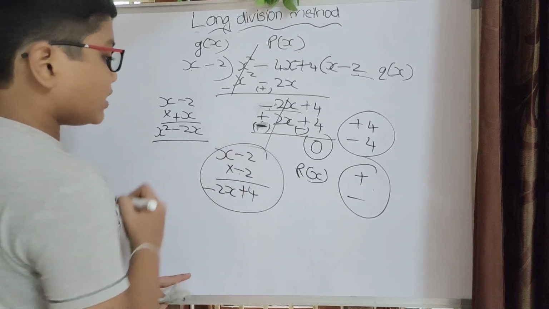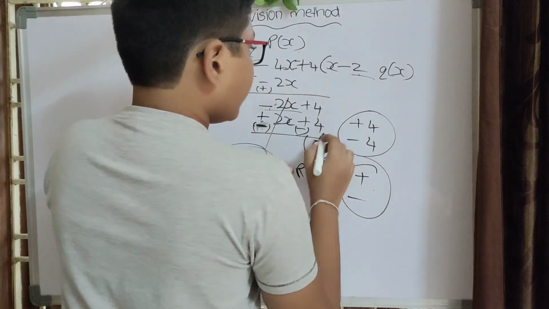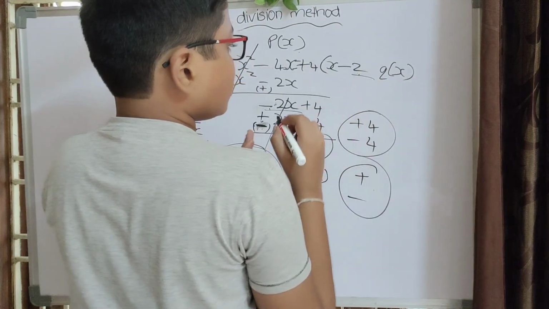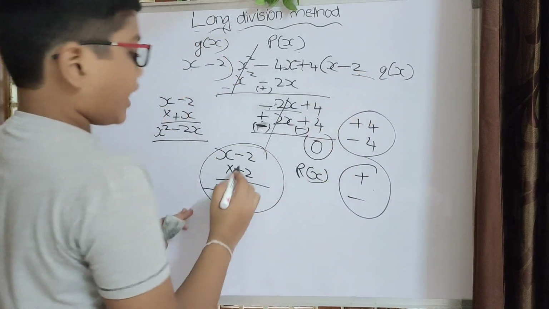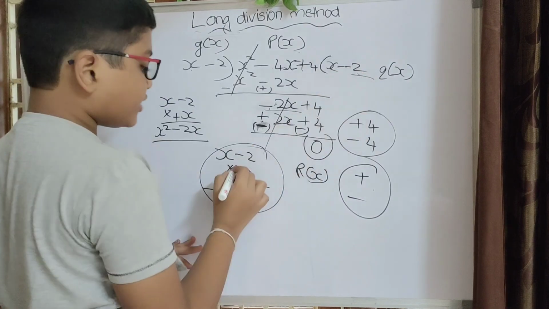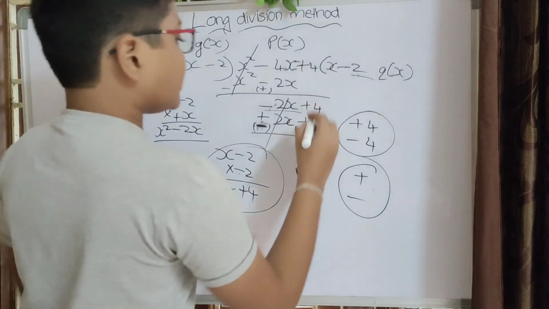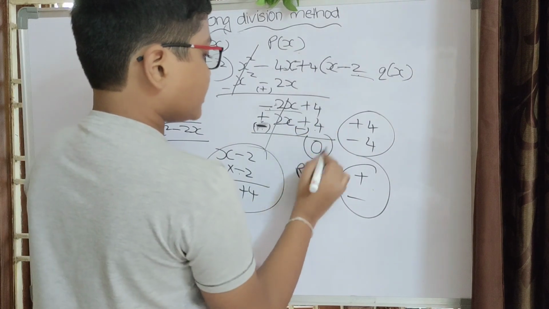I did this multiplication wrong, so this one came out wrong. Here this is q of x. Here minus is there, but I took plus. That is the mistake. Here minus 2 is there, I took plus 2. That's why that is the mistake. And here this is correct only: 4 minus 4 is 0.